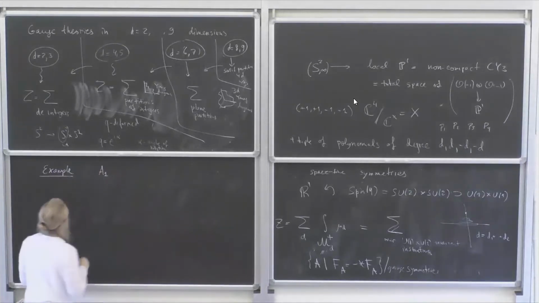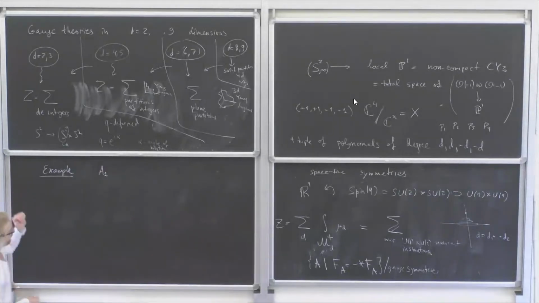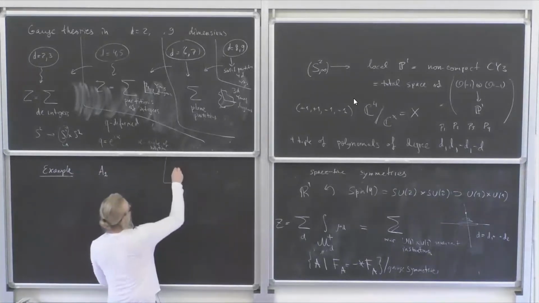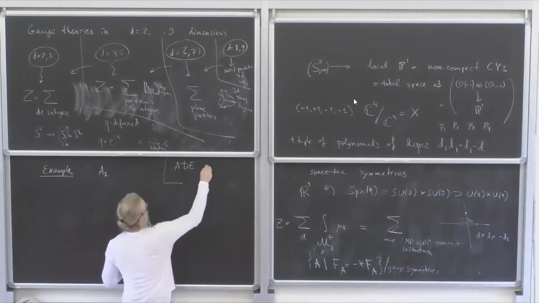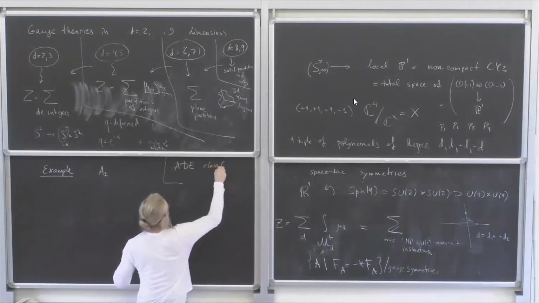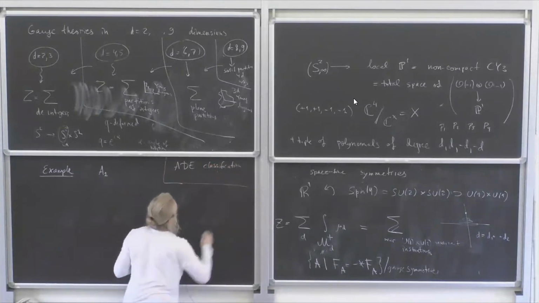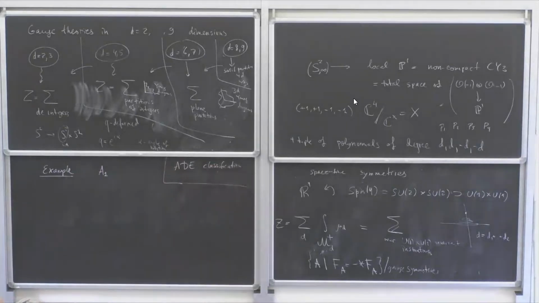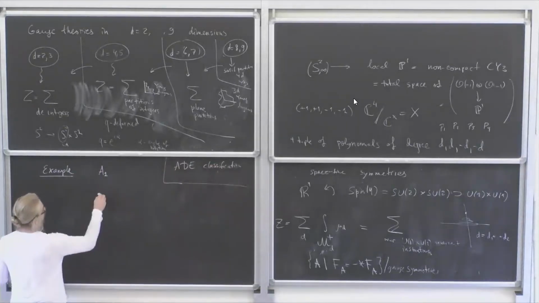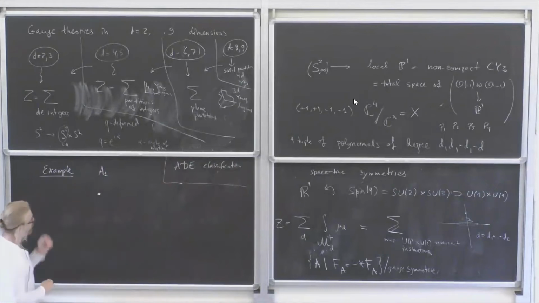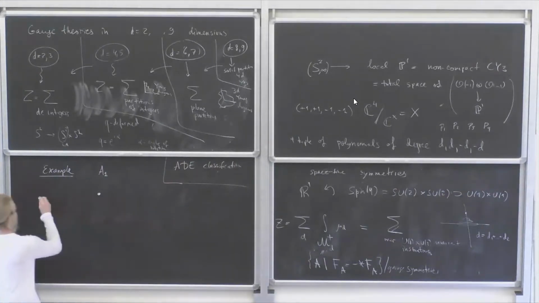So it's an A1 type example, which you should keep in mind is part of an ADE classification, loosely speaking. A1 means that it's the Dynkin diagram of just one vertex, no edges,